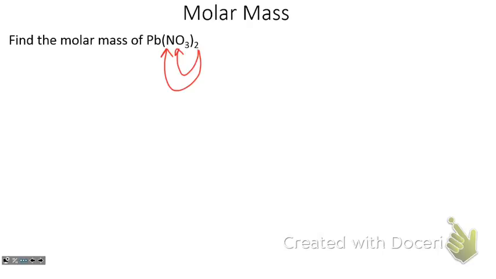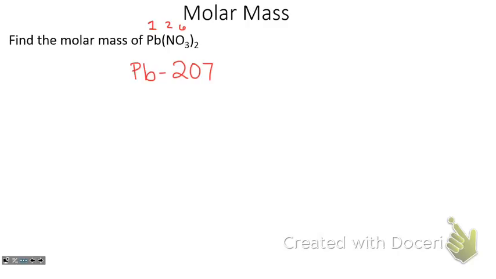So when I add up my molar mass, I'm going to only use 1 lead, I'm going to use 2 nitrogen because this subscript of 2 gets distributed, and I'm actually going to use 6 oxygen because when I distribute this 2, I actually have to multiply it by the subscript that's already hanging off there of oxygen. So maybe I'll just leave those numbers up there for just a minute. So when I add up my molar mass, I'm going to go back to my periodic table,